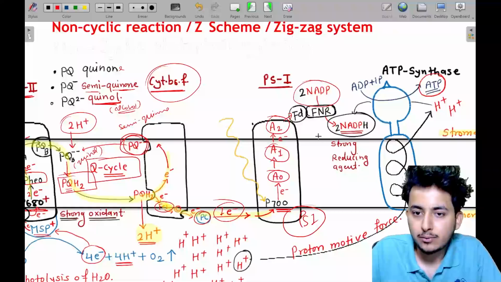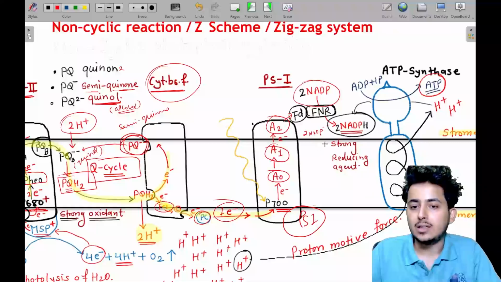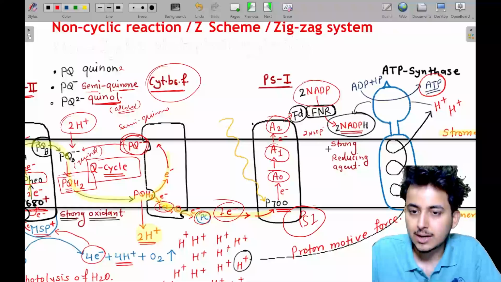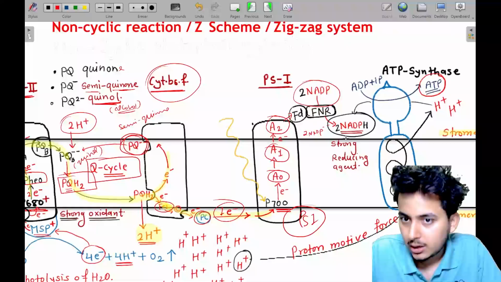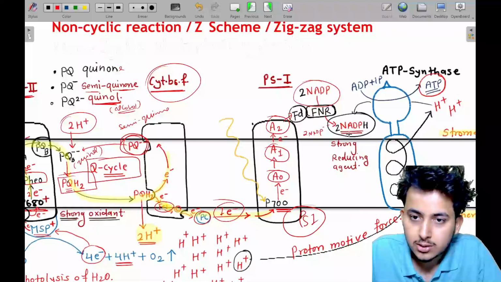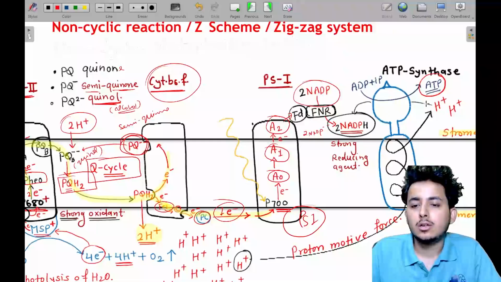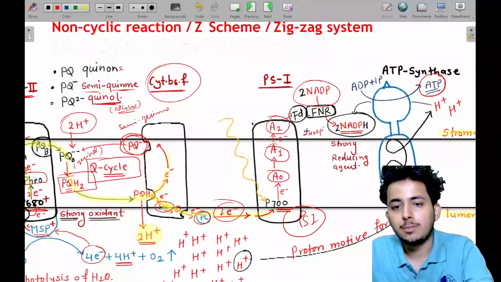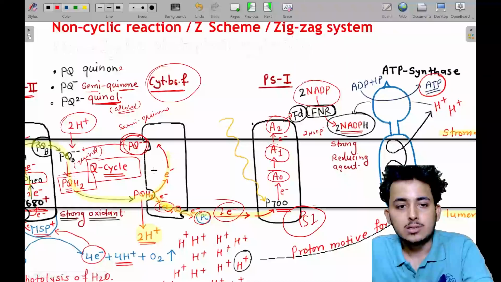That is, it is forming first NADP negative negative, and then it is acting as a strong reducing agent. The PS1 acts as a strong reducing agent, okay. And since it is a strong reducing agent, basically you can see, since the PS2,